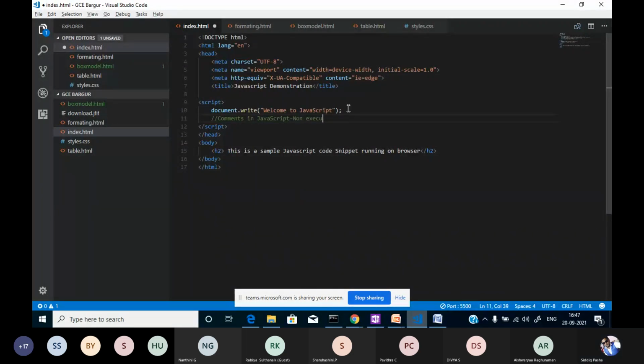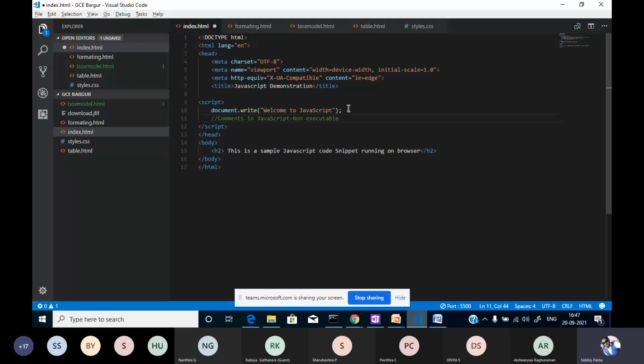For example, if we have written some code, and we want that code not to run or not to execute, we'll put that code in the form of a comment. That is only for the programmer's understanding, it will be there, but it will not be executed. For example, when you have created a program or a web page, you will specify who created it, when it was created, the date, and all those things.